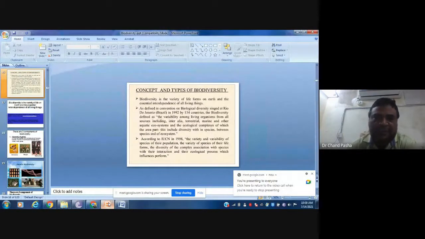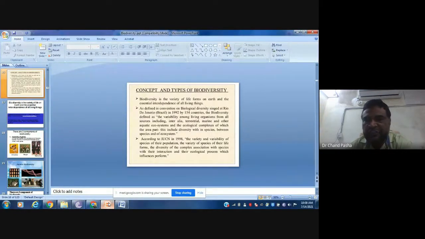This is a more acceptable definition, which was proposed at the Biodiversity Summit in Rio, Brazil in 1992, and it has been approved by almost 154 countries. The definition is: the variability among living organisms from all sources, including, inter alia, terrestrial, marine, and other aquatic ecosystems. In the sense of all ecosystems, whether water, terrestrial, or air, the different types of ecosystem